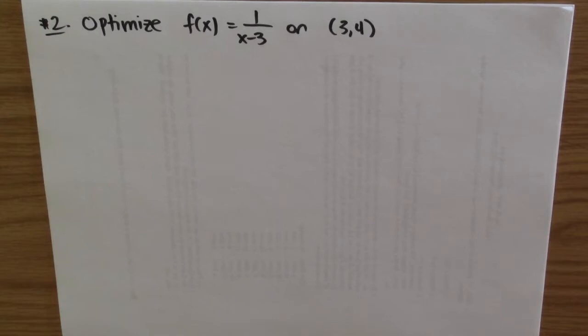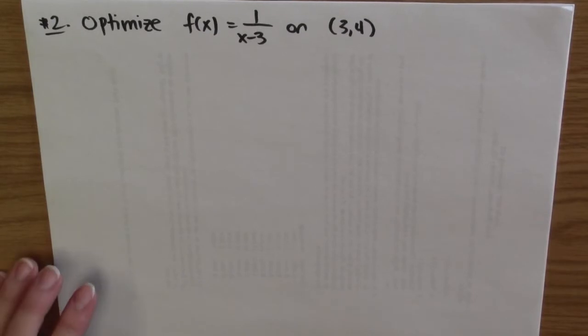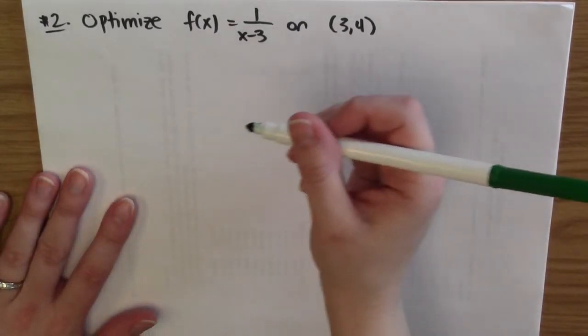The second idea that you can use is to think about limits. As we're coming towards one side of an interval or the other, what is the limit of the function as it approaches that point? What does that tell us about whether the function has a maximum value, a minimum value, or neither? Next, let's optimize the function f of x is equal to 1 over x minus 3 on the open interval 3, 4. Well, the first thing that I think about doing is maybe trying to find the critical